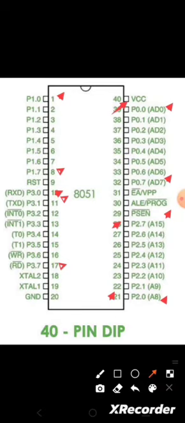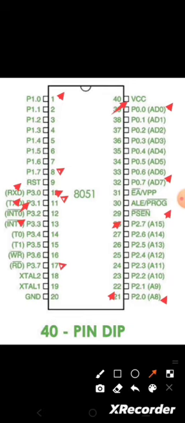So they also have some multifunctionality. Each pin has some multifunctionality. So here the port 3.0 represents the 0th pin of the port 3. It can be used as input output, or another function, that is RXD, which represents receiving the data serially. And next, TXD refers to transmitting the data serially. And INT 0 represents the external interrupt 0, and INT 1 represents the external interrupt 1. So RXD, TXD, INT 0, INT 1 are the multiple functions of port 3 pins 0